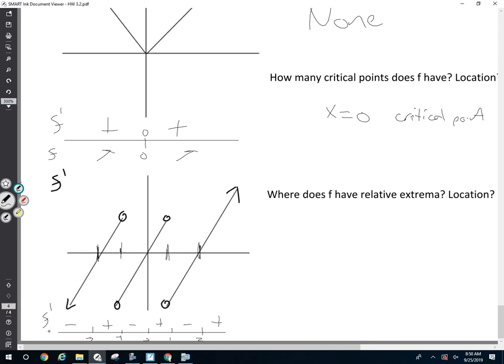This is crazy. So F goes down, then up, then down, then up, then down, then up. Here we have zeros, 0, 0, 0. And here we have undefined values. What does that mean? We probably have a situation where we're going down, then up, and then sharp point, down, then up, sharp point,